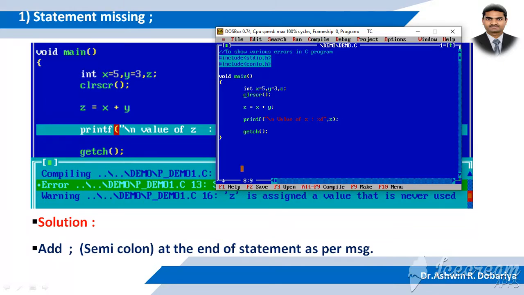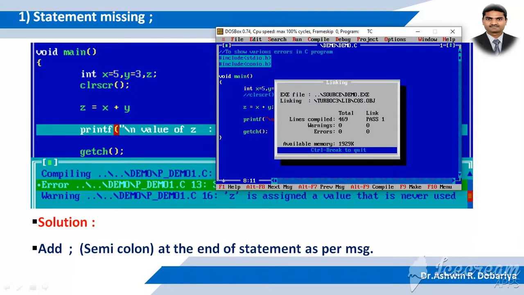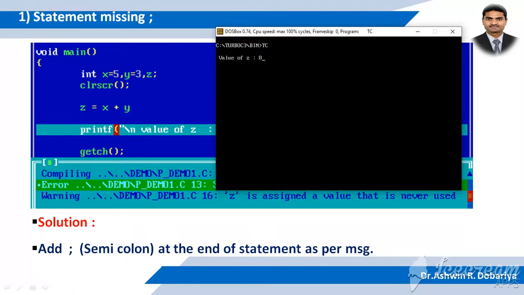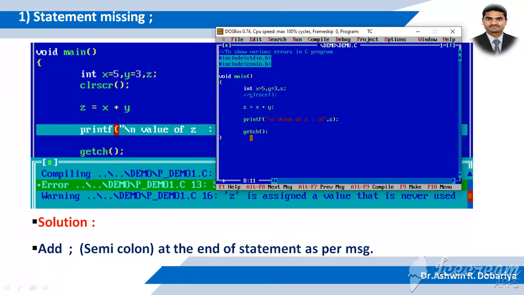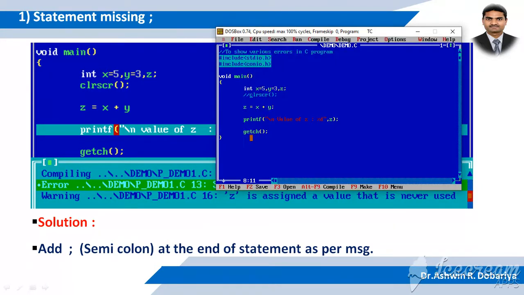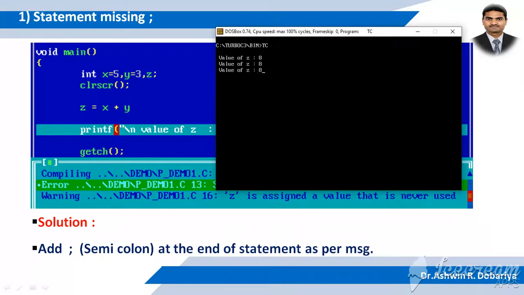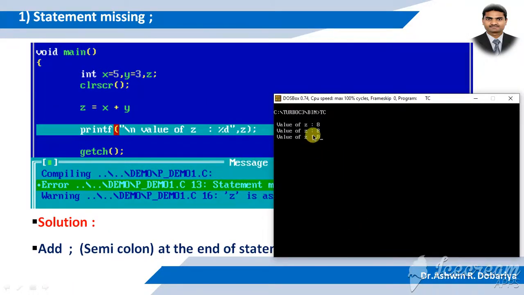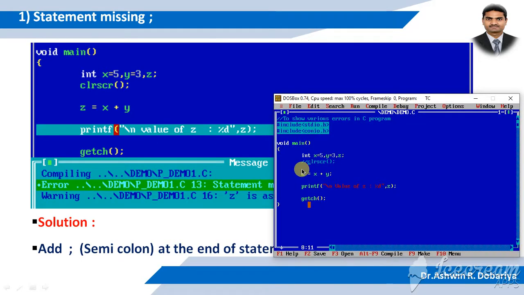Suppose if you do not mention this, if I make this statement a comment and execute this program, the first output is the value of z is 8. Again if I press Ctrl F9, the second time, see it displays the previous program output also. Again, if I execute a third time, every time we want to remove our previous output and we want the